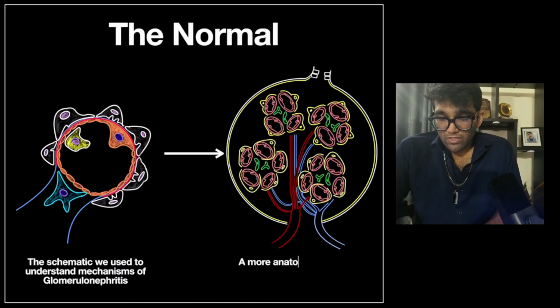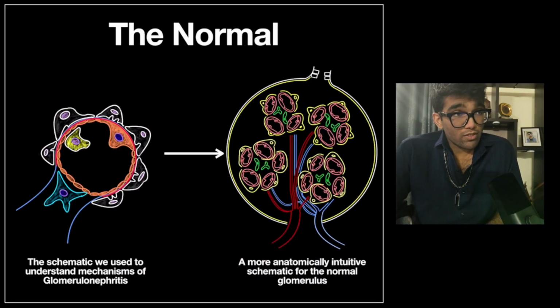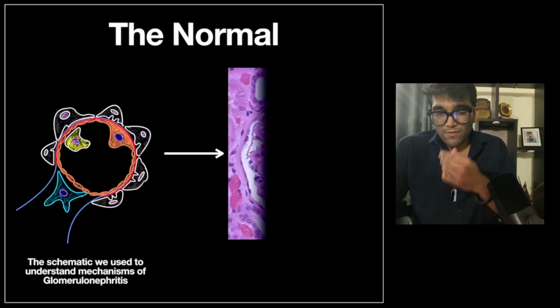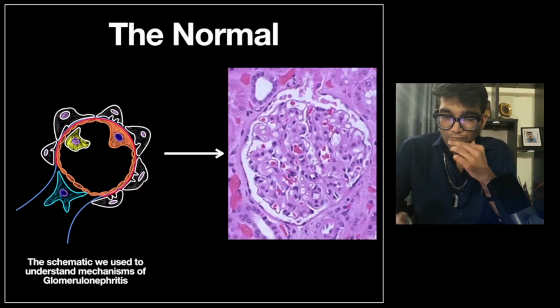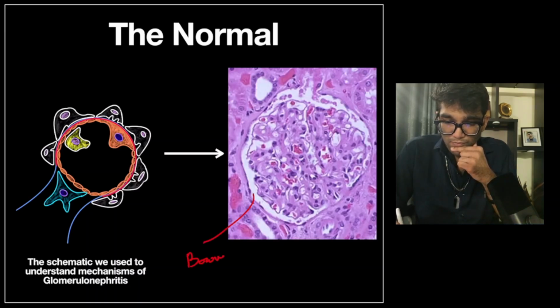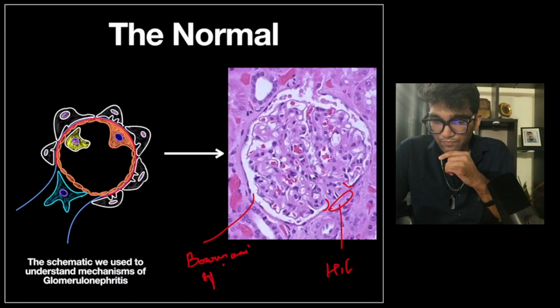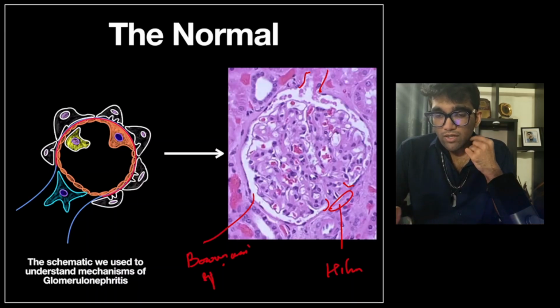So this is a more anatomically intuitive schematic for your normal glomerulus. However, obviously this is not the actual thing that you see. So this is what you see in reality. The white space here is your Bowman space. You have the hilum located right here. This is the hilum. Then you have the origin of the proximal convoluted tubule. Now, importantly,